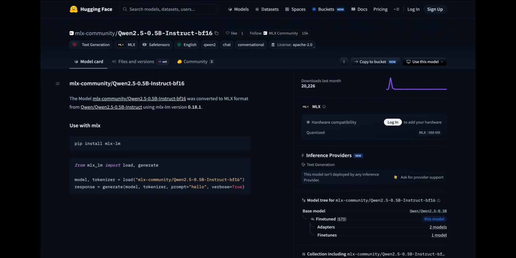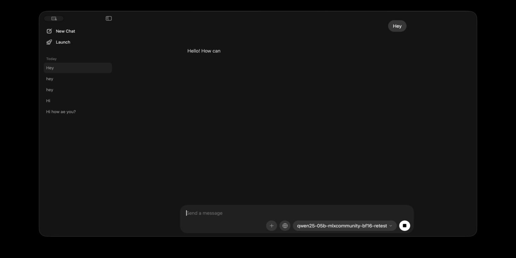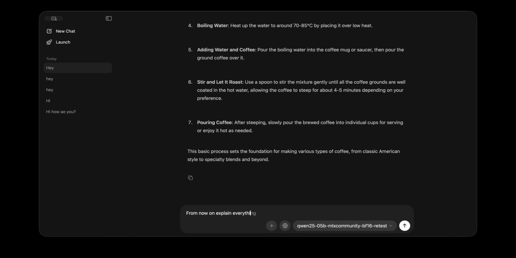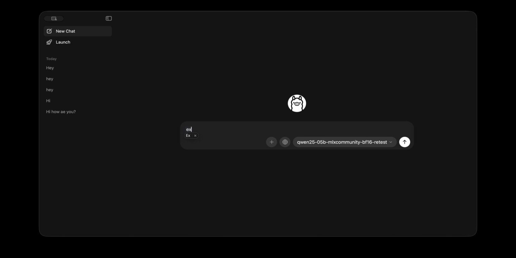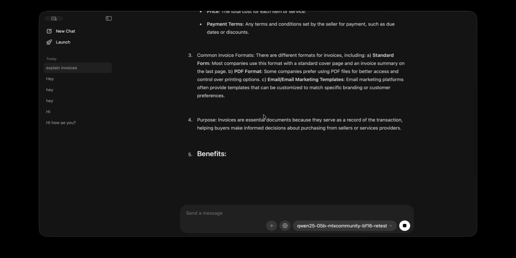For the first test, I used the original Qwen 2.5 MLX community model inside Ollama. It loaded correctly and gave normal answers. I added the joke instruction in one chat and it followed it. In a fresh chat, the behavior disappeared because the instruction was no longer in the conversation history. The model weights had never changed.